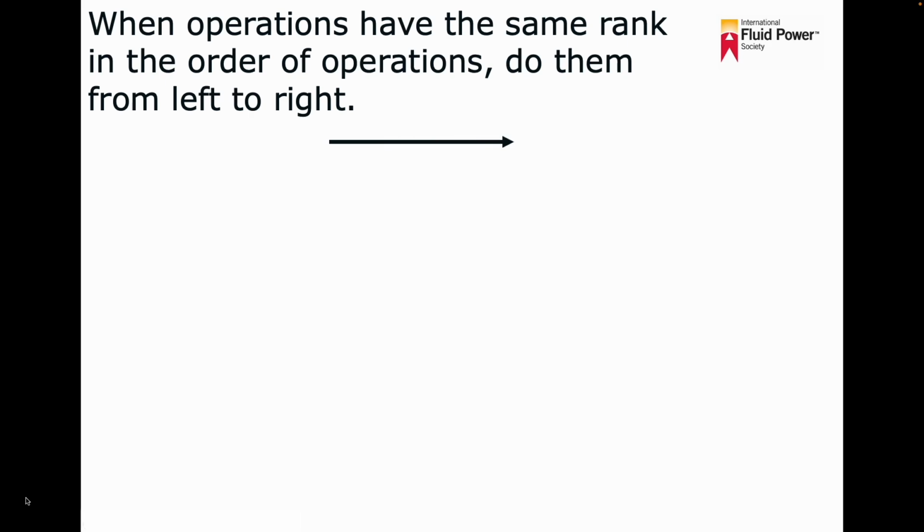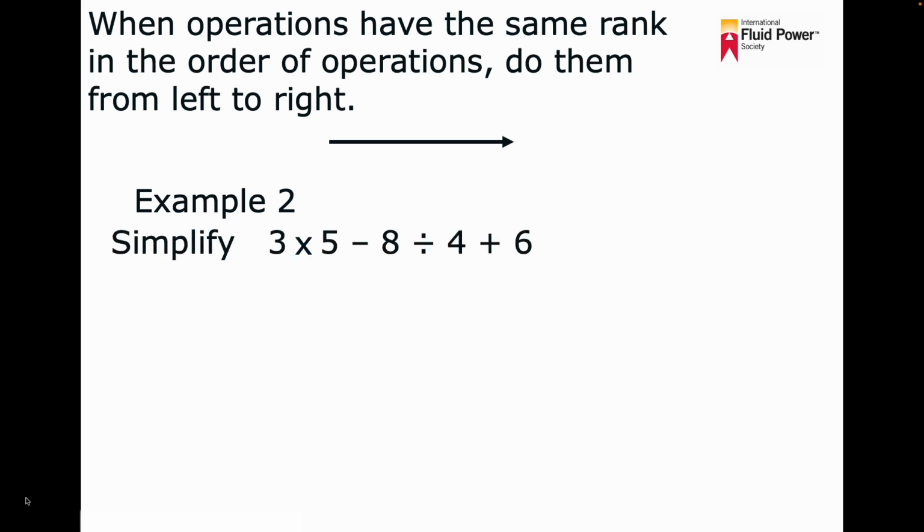When operations have the same rank in the order of operations, do them from left to right. For instance, let's simplify 3 times 5 minus 8 divided by 4 plus 6. Well, according to PEMDAS, we would do the multiplication and division first. So let's multiply then divide. Since those are in equal order, we go from left to right. Therefore, we would multiply 3 times 5, which equals 15, then divide 8 by 4, which is 2, and then